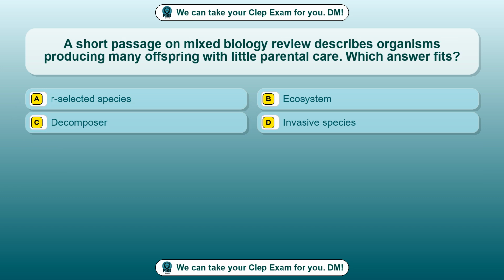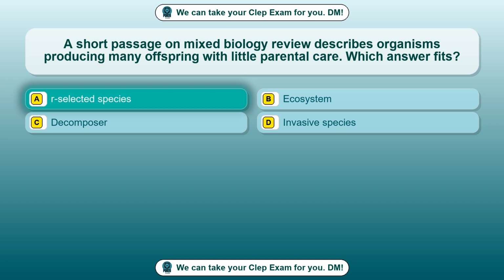Question 17. A short passage on mixed biology review describes organisms producing many offspring with little parental care. Which answer fits? Option A, R-selected species. Option B, ecosystem. Option C, decomposer. Option D, invasive species. The correct answer is option A,